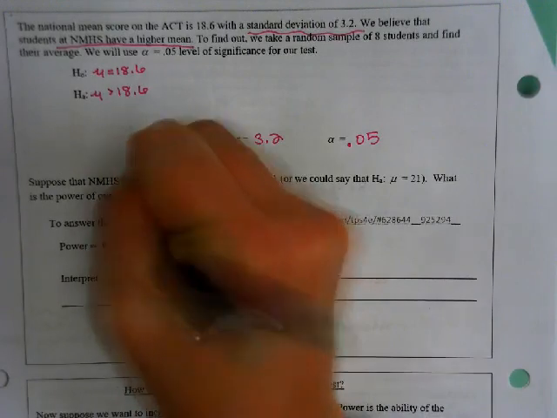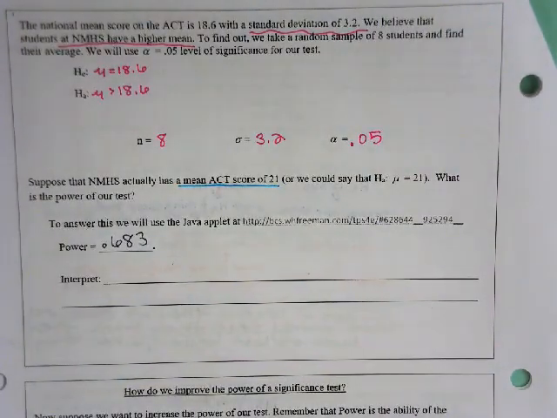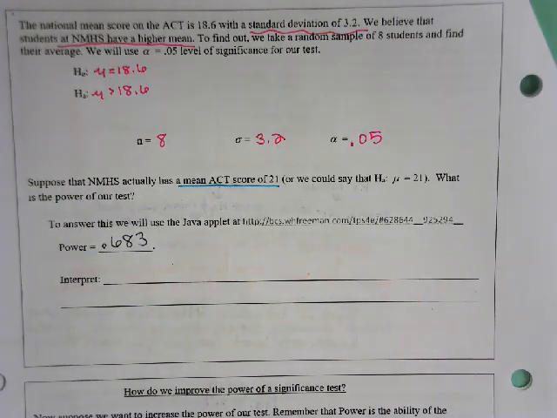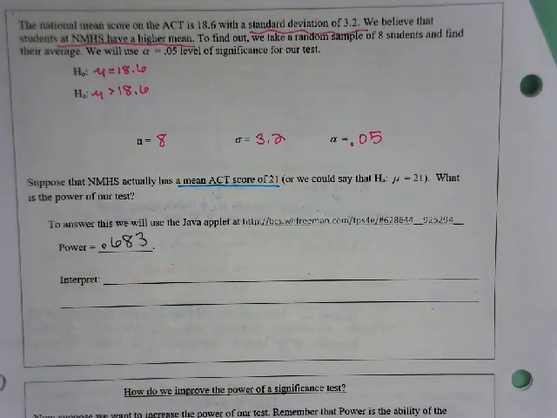Inverse norm. Let's switch back to the paper. So to find that X bar that tells us the cutoff, we would use inverse norm. What would our area be? 0.05. Now,